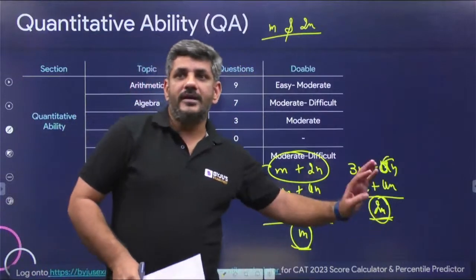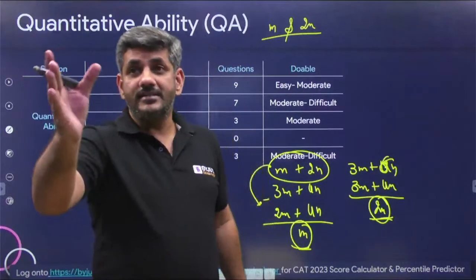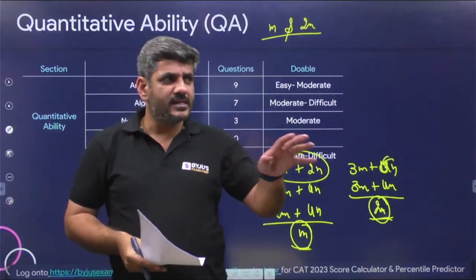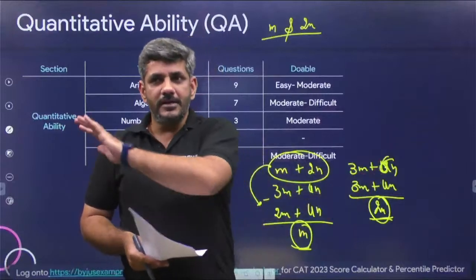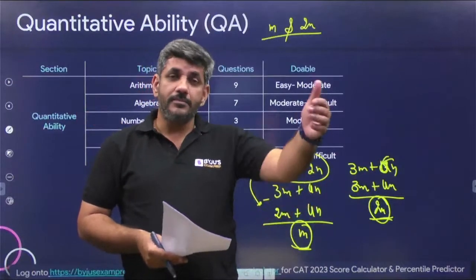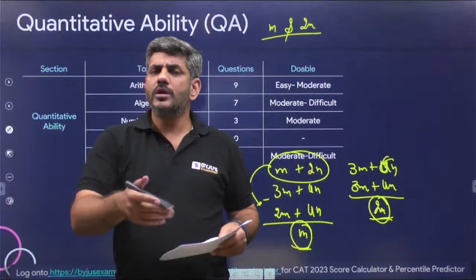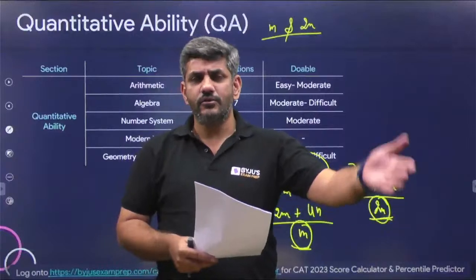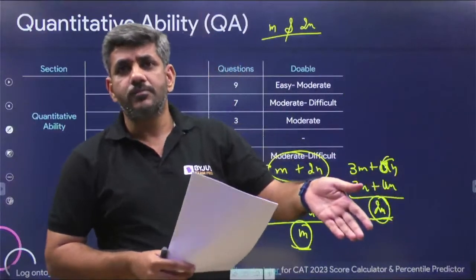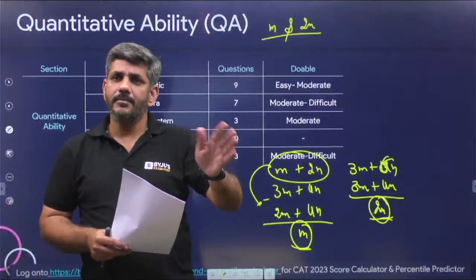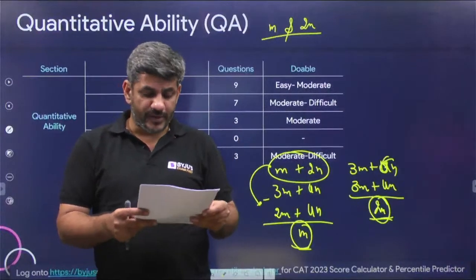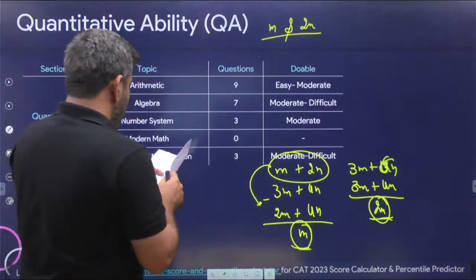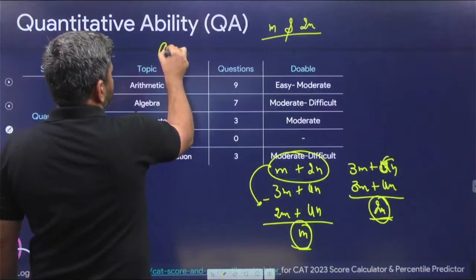m and 2n were divisible by it, and I repeat, as Crawl Stars is saying, please repeat, explain. Let me tell you, we were just discussing the answers here, right? We will be discussing the complete paper later on once the paper is out with us. Right now we are just doing memory based questions. Once the paper comes in a few days, I think within 3 or 5 days you will have all the response sheets, and the questions come with them. We will be discussing all of them in detail. Don't worry.